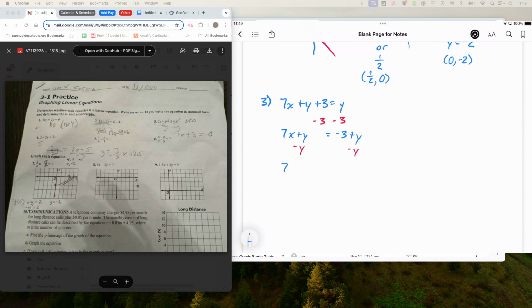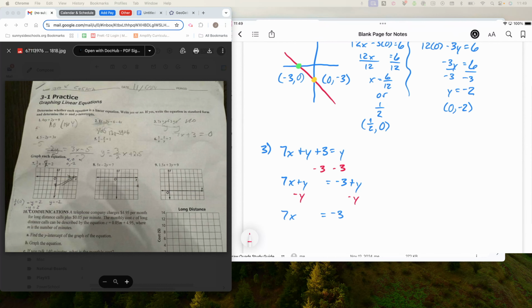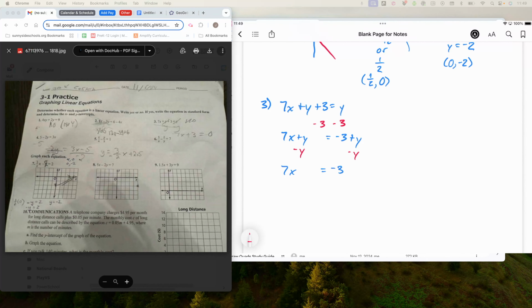And we are left with 7x is equal to negative 3. There is no y value, but I'm going to finish this and demonstrate what this would be. If we were to say this is ax plus by equals c, it doesn't look like ax plus by equals c because there is no y value. What's really happening here, if we just solve this for x,